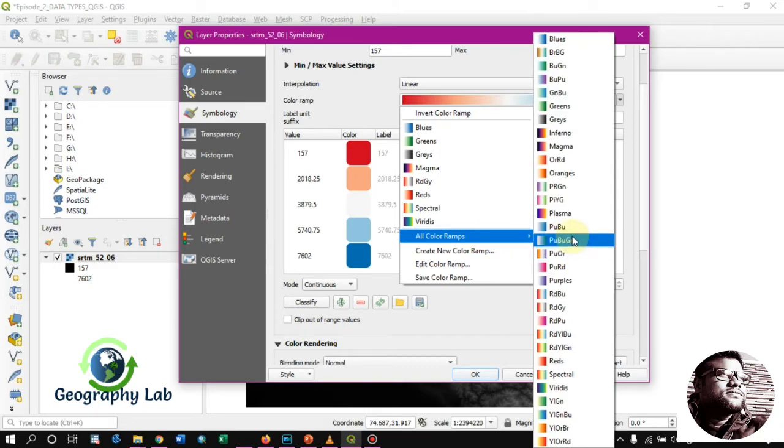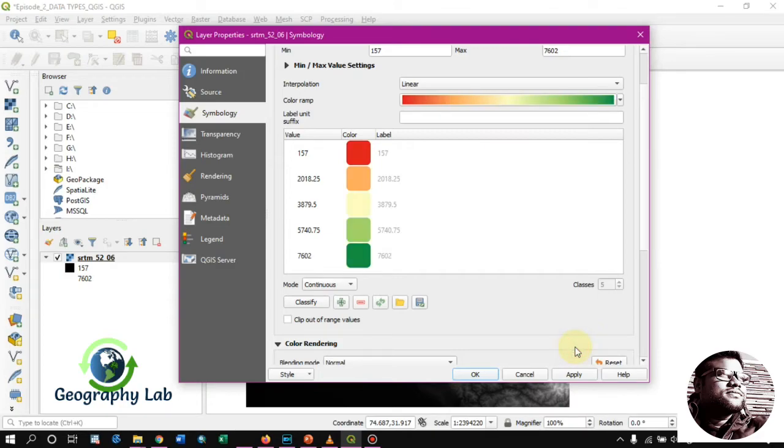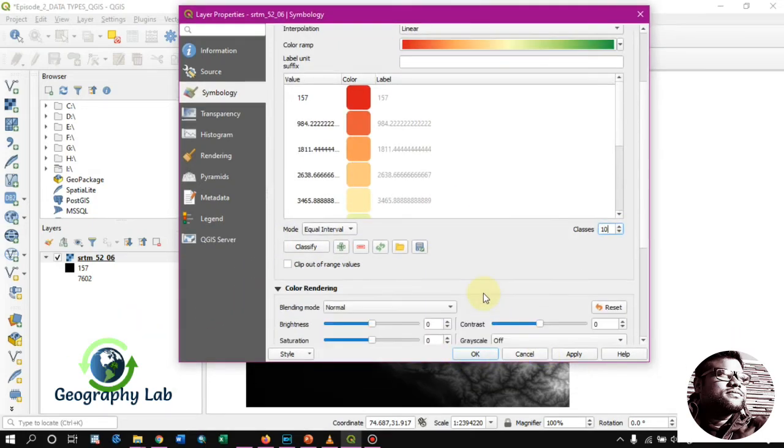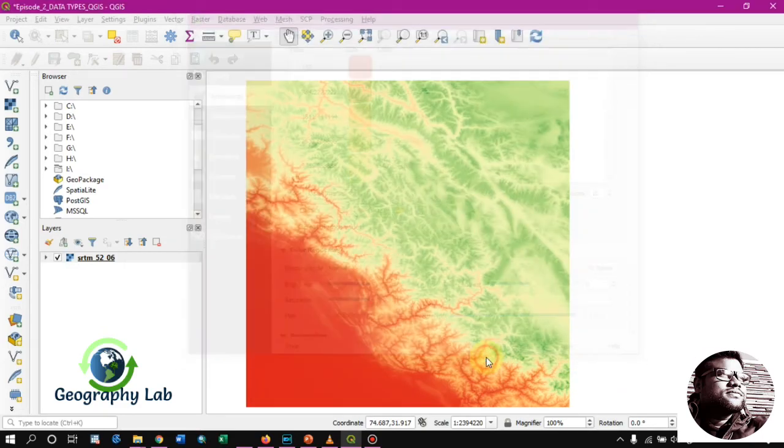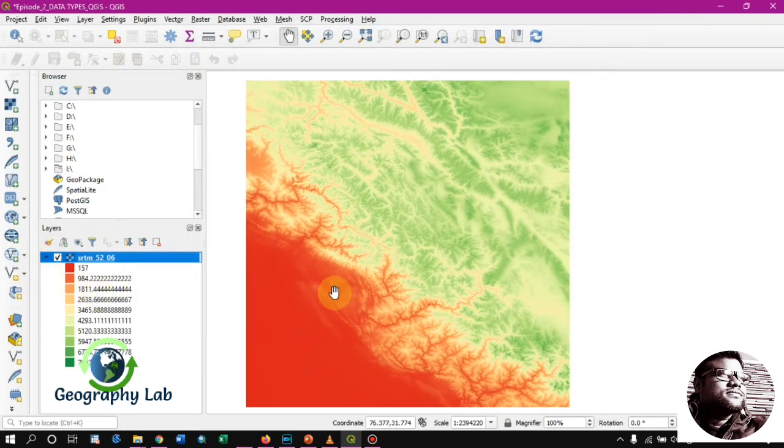Maybe red to green, and we have to select which kind of classification you need. Continuous, equal interval. Maybe continuous is the best, or maybe equal interval. And how many classes you need? I want 10 classes, and it has already classified all this data. Then the rest of the things will remain default as they are. Then apply, then okay.